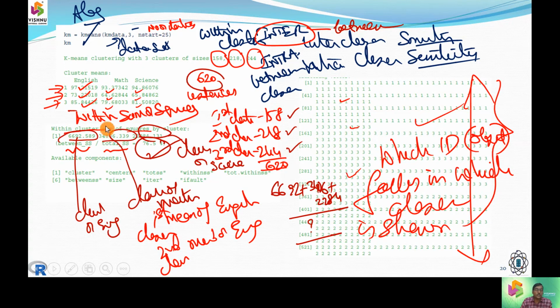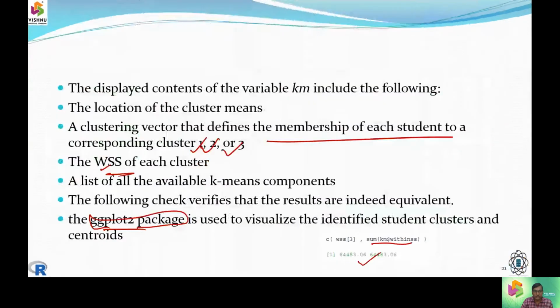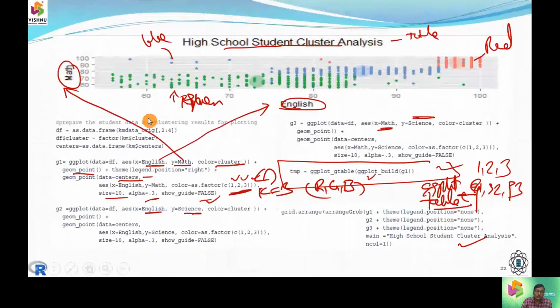The next thing is that it is going to compute the within sum of squares, and the value for each cluster approximation is going to be computed. This should be as minimum as possible. That indicates the cluster convergence has been done very well. Now here is a diagram which visualizes the clusters after executing the k-means algorithm.